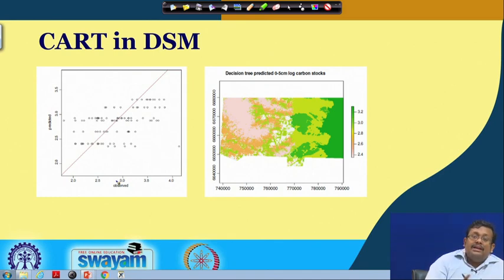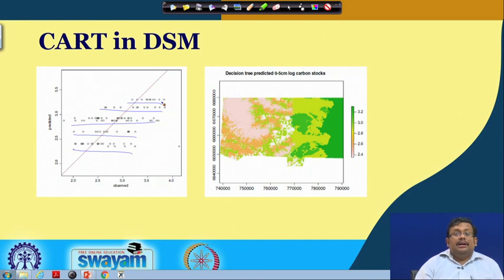The problem in classification regression tree is that you can see some specified levels of predictions, finite predictions, and this is a problem which we generally address by another tree method.